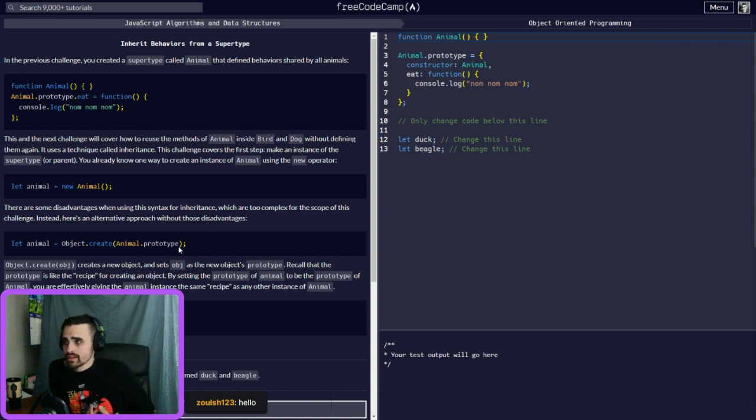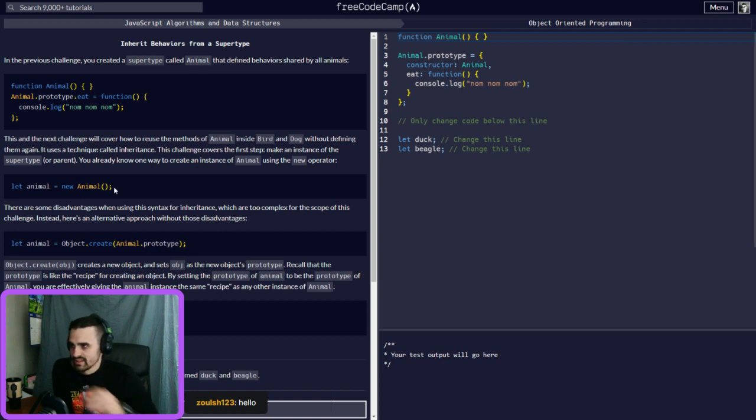Okay. So if you're making a super constructor, like you have other objects that are going to be part of a super object, then you would make that super object an Object.create, and you would put your object in here that you're using on the next lower level, and you do that prototype.